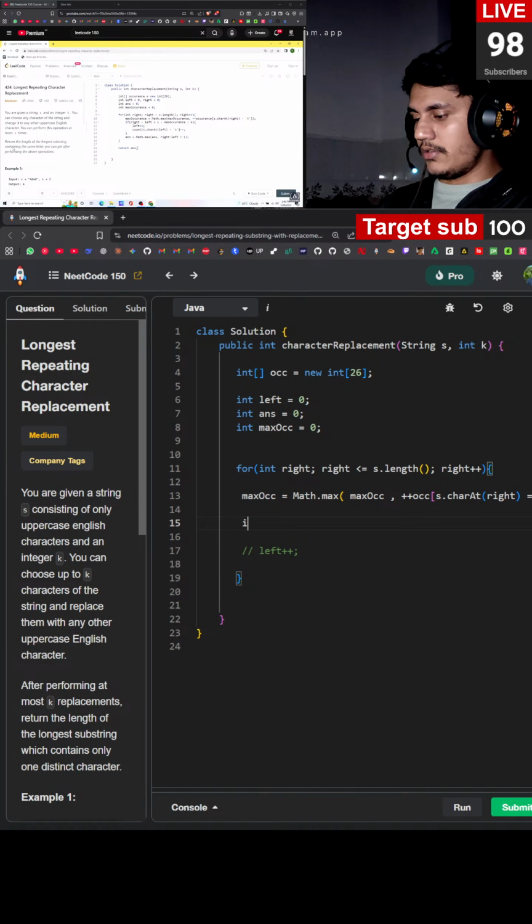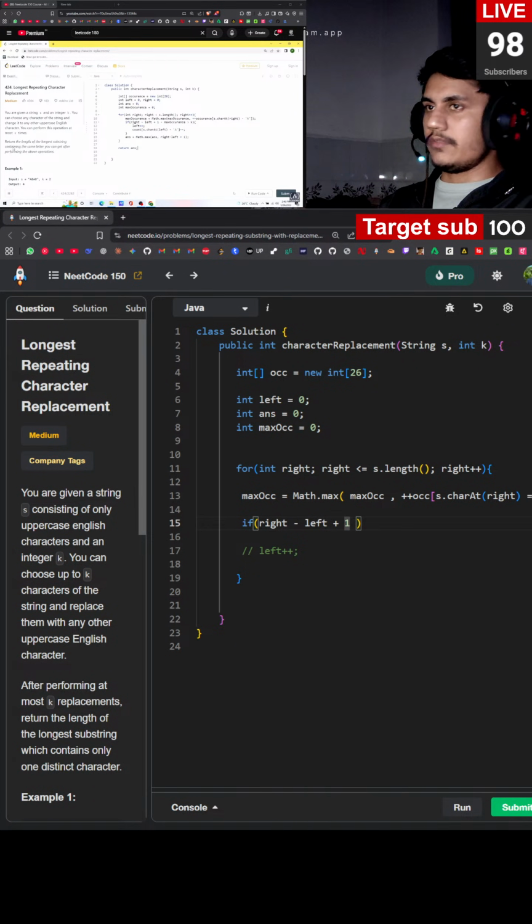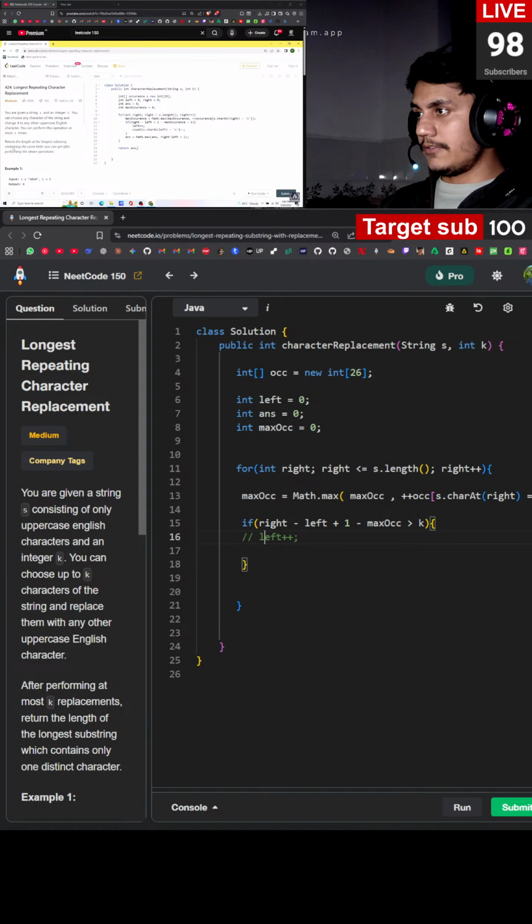उसके बाद हमें चेक करना था, लेफ्ट के लिए कंडीशन लिखनी थी। अगर राइट माइनस लेफ्ट, इसमें +1 भी करना होगा, स्मॉलर, आई गेस ग्रेटर दैन जाएगा। अच्छा यार, मैक्स अकरेंस भी तो देखना है, मैक्स अकरेंस से माइनस भी तो करना है, तब पता लगेगा कितना रिप्लेस हो रहा है। अगर रिप्लेस वाले कैरेक्टर से ज़्यादा है तो हम लेफ्ट को इंक्रीमेंट करेंगे, सॉरी, डिक्रीमेंट थोड़ी, क्योंकि 0 से 1 पे लाना है ना उसको।